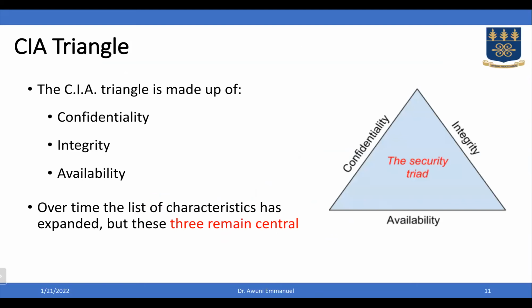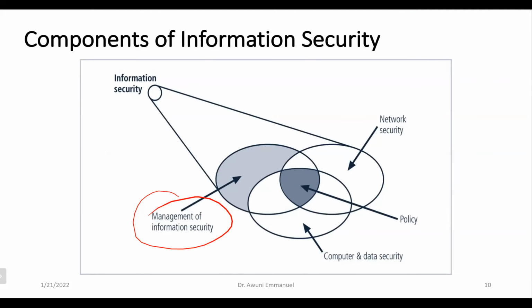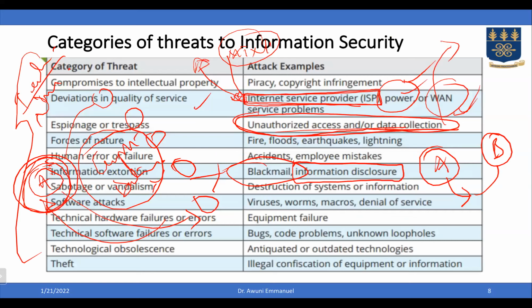So, yes. That is where my confusion is. The last one, you say, yes. If you look at the examples that you gave: illegal confiscation of equipment or information. So the person has actually taken hold of your data. If you don't pay, it's like you're not going to get it. So if it's blackmail, that is where I really don't understand, because the person has actually.